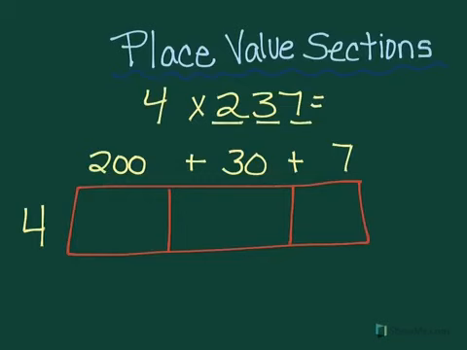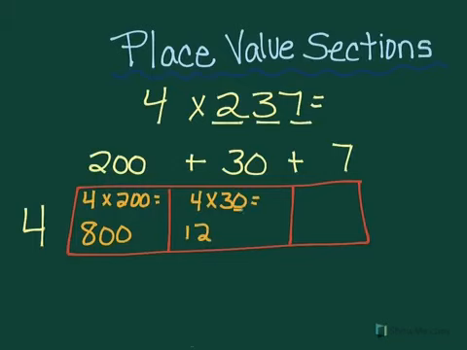Okay, now it's time to solve. First, I'm going to do 4 times 200. 4 times 2 is 8. And I have 2 zeros, so that's 800. Then I'm going to do 4 times 30. 4 times 3 is 12, and I have 1 zero, so 120. Finally, I'm going to do 4 times 7,